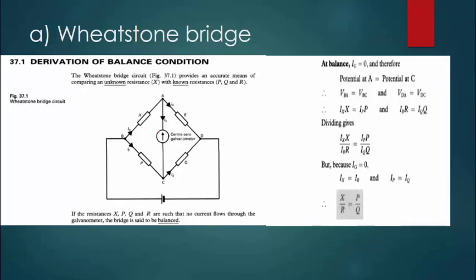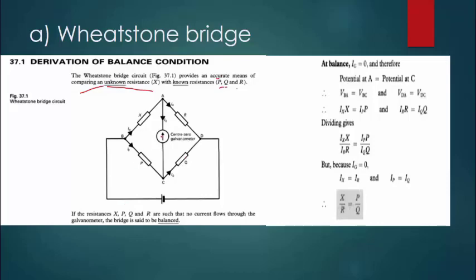So Wheatstone bridge circuit inakuwa namna hii. Ni arrangement ya, as you can see, it's like a bridge, arrangement ya resistors. So provides an accurate means of comparing an unknown resistance X and known resistances P, Q, R. So ukifanya comparison ya resistance, this circuit can be very very useful. Kwa unachofanya